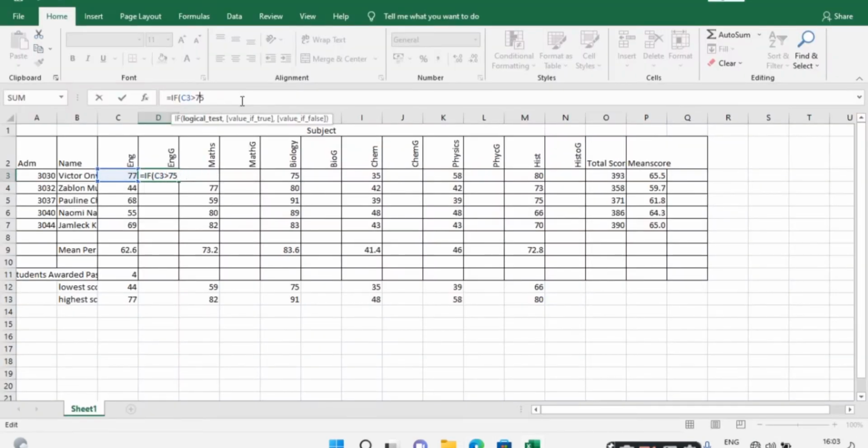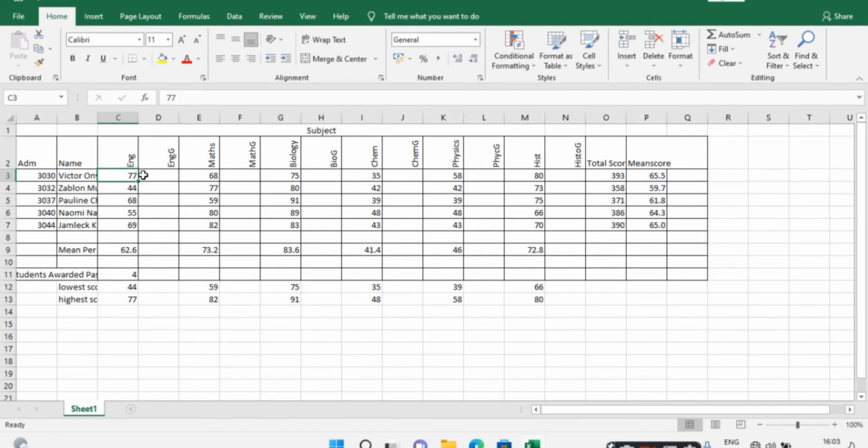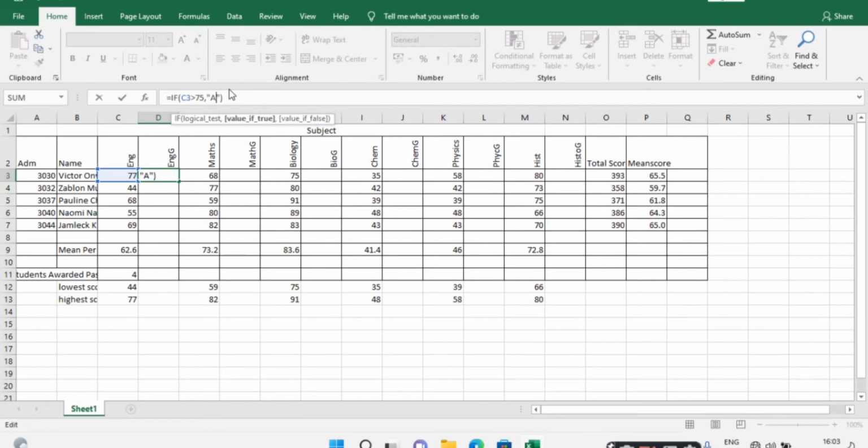So just click here, and then the new formula is equals to if, which cell is this, C3 is greater than 75, then this one can be termed as A, comma, if cell again C3 is greater than or equal to 60, then this one can be termed as B, comma, if C3 is greater than or equal to 50, that one can be termed as